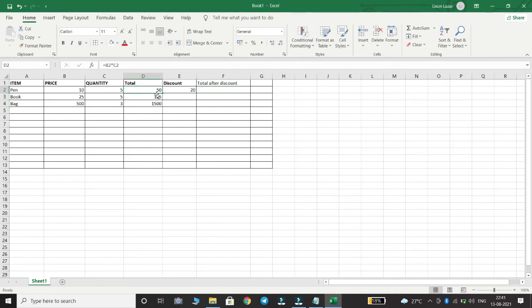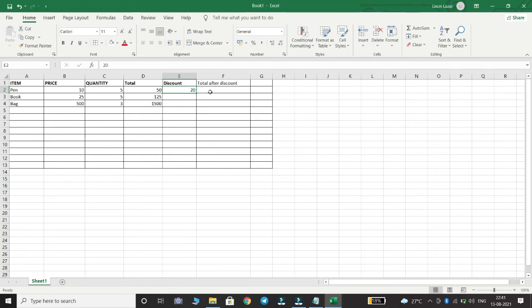We have given a discount of 20 for each item. Then the discount 20 will remain the same for all products. To calculate the amount to be paid, you have to add a dollar sign to the cell that contains the discount.